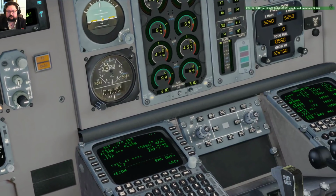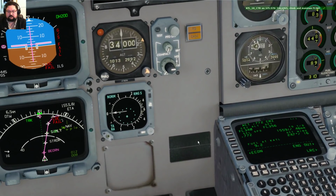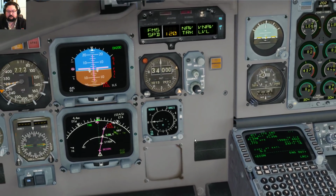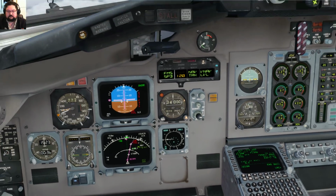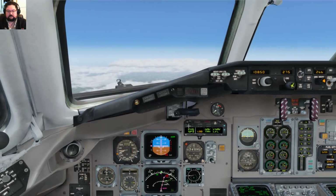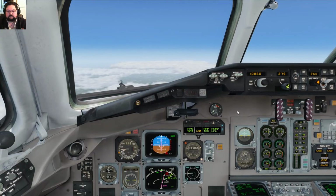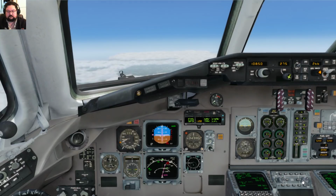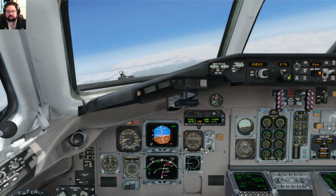Santa Clara 530, we're at 4,000. Clipper 530, Atlanta Center, climb, maintain flight level 290. Clipper 290, Clipper 530. Center, Westwind 1990 at flight level 390. Westwind 1990, Atlanta Center, roger. And Atlanta Center, Sterling 676 with you, flight level 320. Sterling 676,